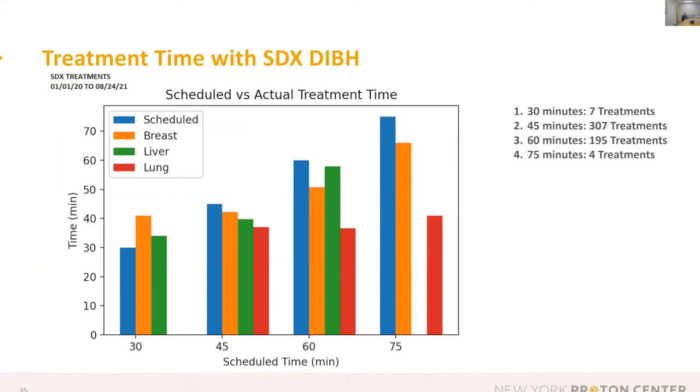And for the 75 minute patients, we only treated 4 patients. We only have 4 treatments. I think this patient is bilateral breast, which is a huge target volume, and planned with probably 3 or 4 beams, which really prolonged the treatment time, and that's why it ended up being a really long treatment time. And now we don't treat any bilateral, only left breast, and also select patients based on anatomy. For liver patients, which is the green bar,